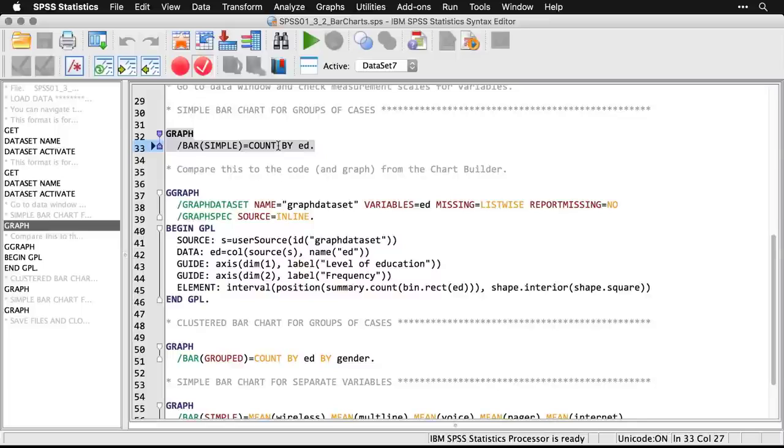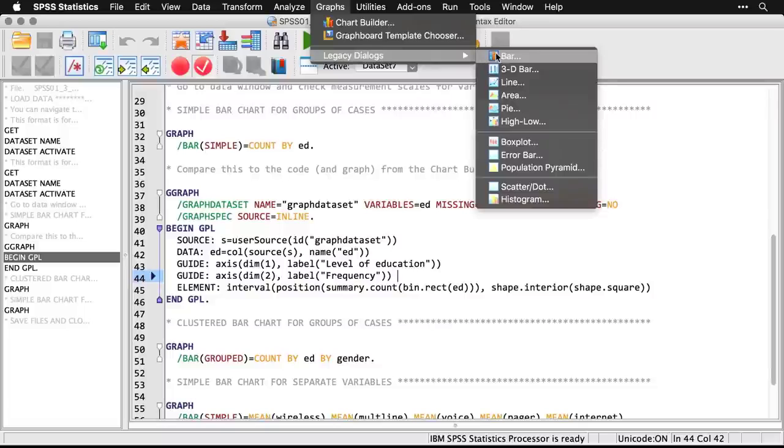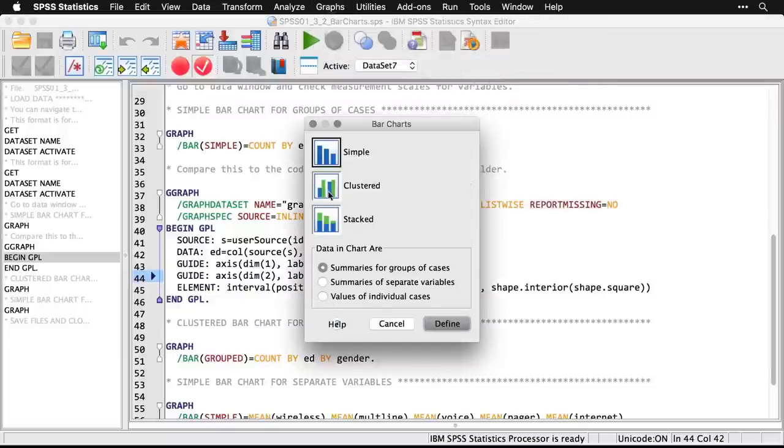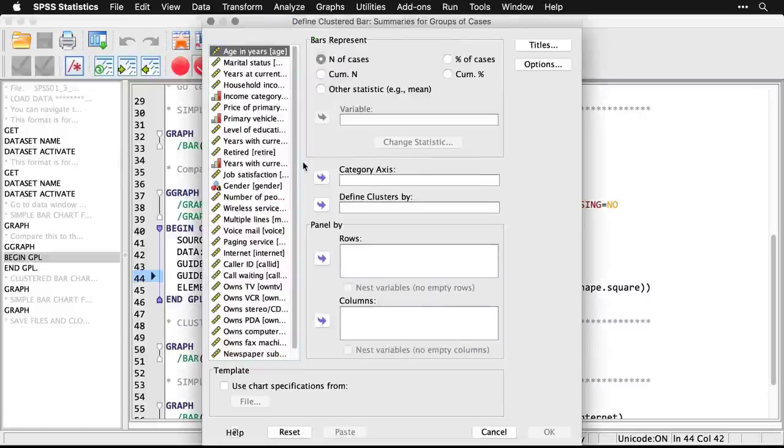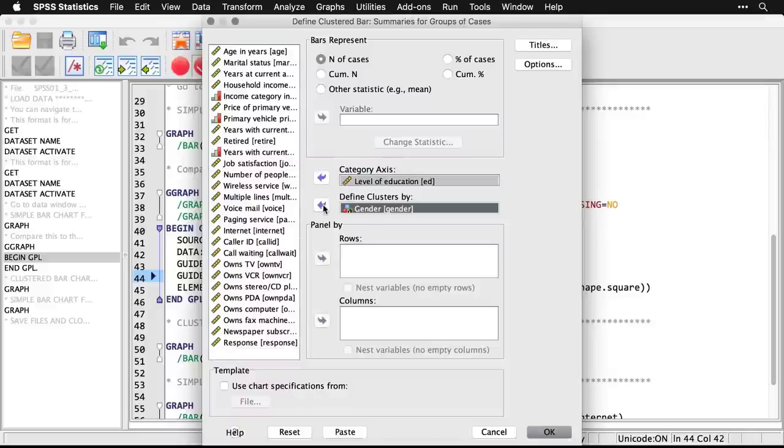Now let's do a clustered bar chart for groups of cases. We'll look at levels of education by gender. To do that, we come back up to graphs and to legacy dialogues to bar. And now we're going to cluster it. We're going to do level of education clustered by gender. So I hit define. And we'll get level of education. That's sort of our outcome variable. Put that under category axis and then define clusters by gender. Let me put that right there. I'll hit OK